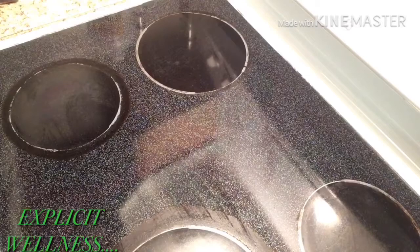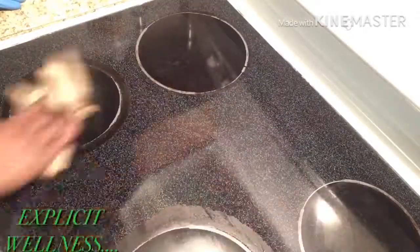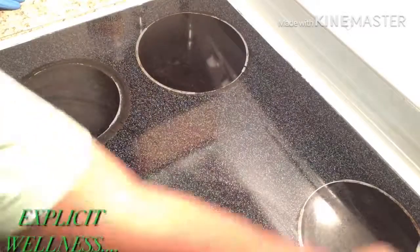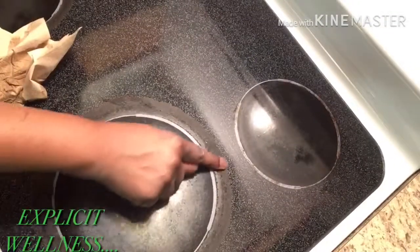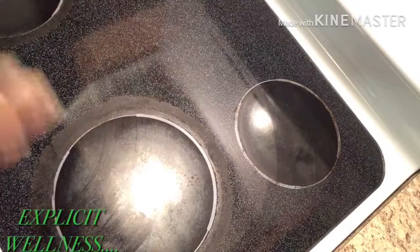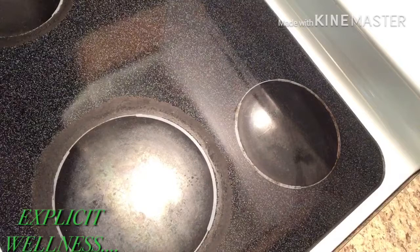Baking soda used in a solution on surfaces will break down, and also vinegar will break a chemical or substance down. But I'm gonna have to do a little bit more work on this one, because as you can see, it still has that build up on it. But it's smoother than it was, because I put that arm work in with the Brillo pad. Okay guys, that's the end of my tutorial